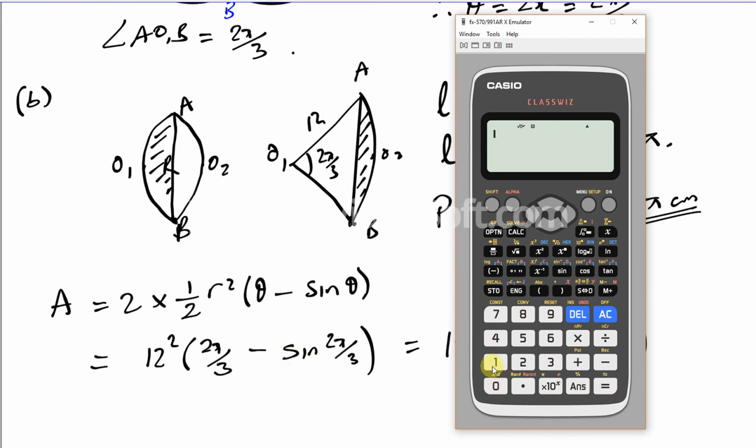That's 12 squared, which is 144, times 2 pi over 3, minus the sine of 2 pi divided by 3, close the bracket for the angle, and close the bracket for the whole thing. Okay, and that should give me my answer,